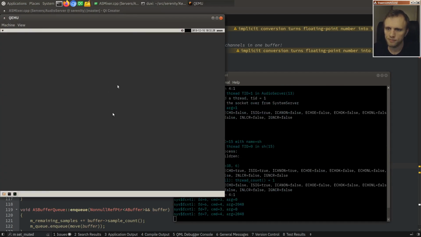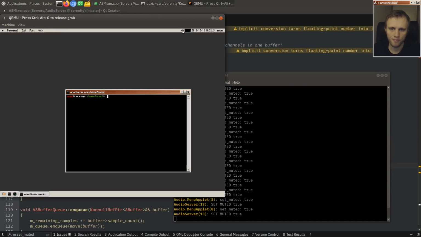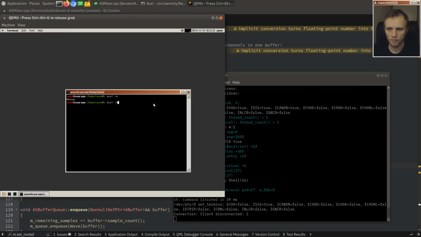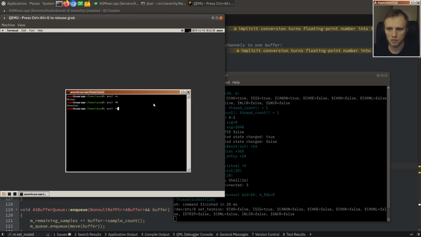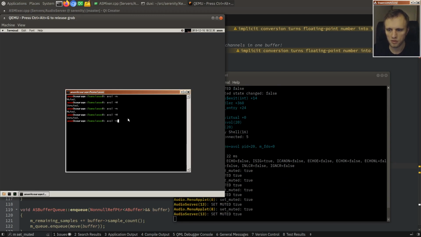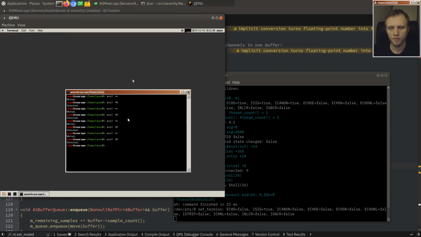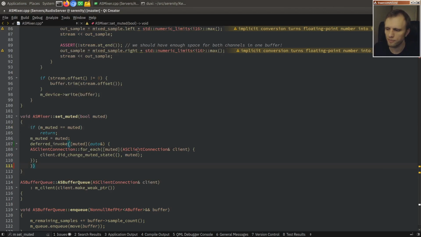Let's see. No. Muted, not muted, muted. Okay, wait, so it does react up here. The clicking doesn't work. Okay, so that's kind of weird, but